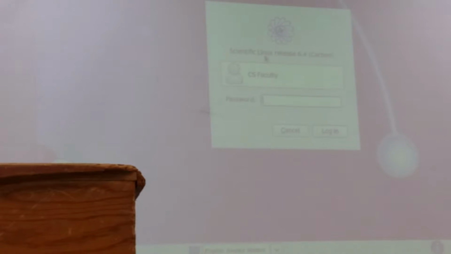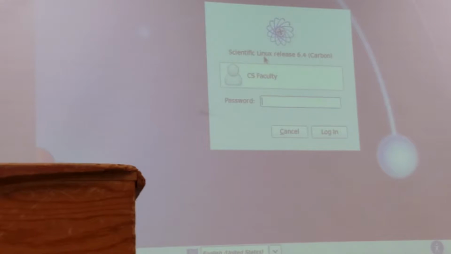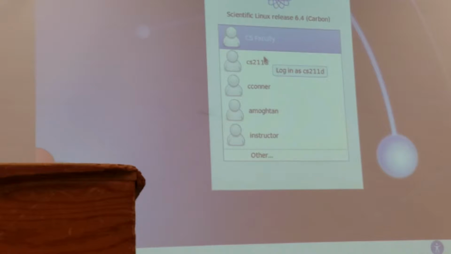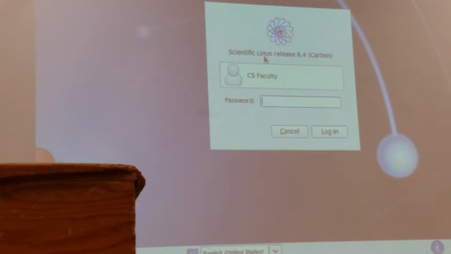Mr. Alves, what's the password for CS pack? CS faculty. This is CS fac, CS fac, and again, the CS faculty. And after that, you could go and